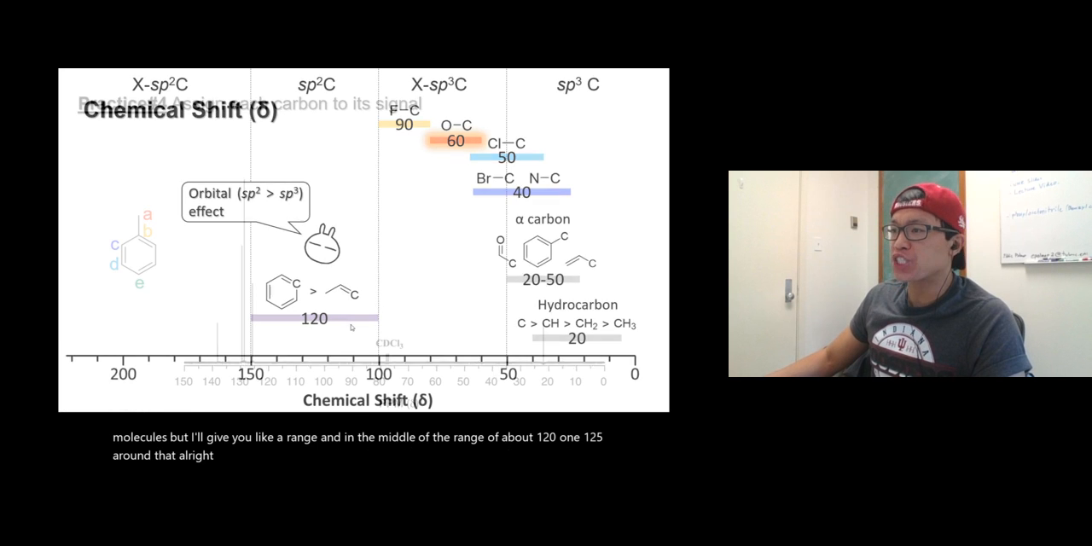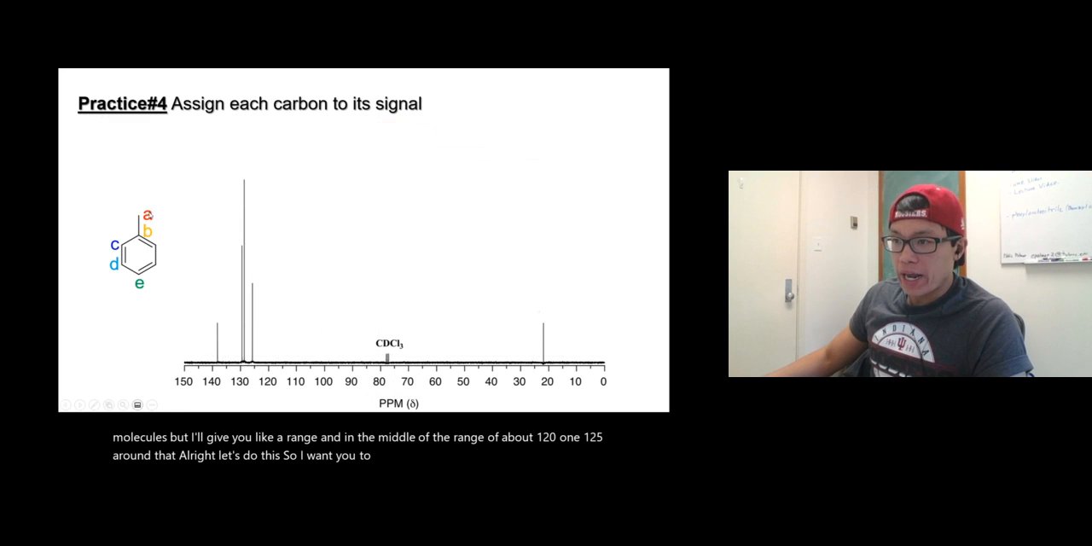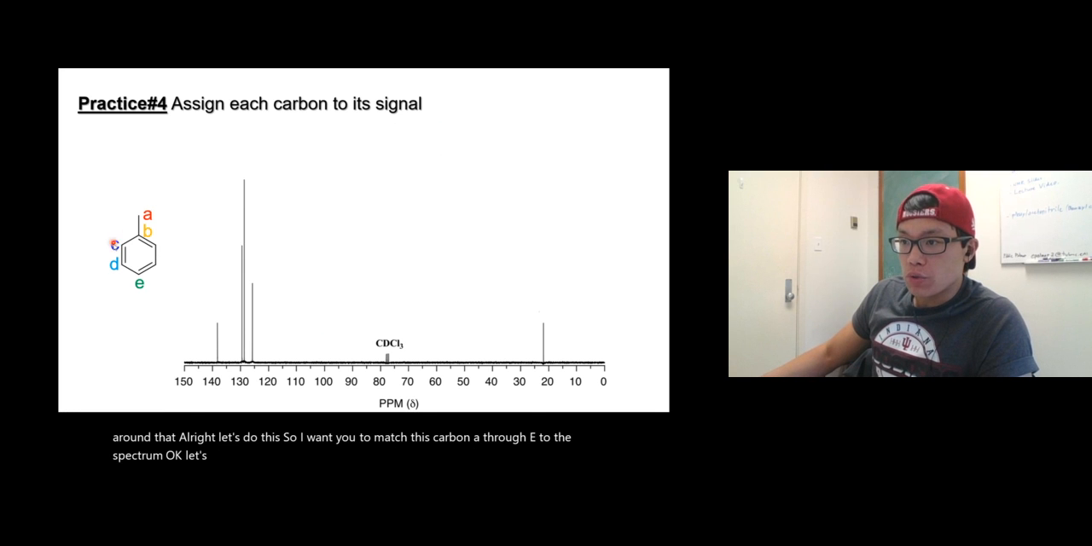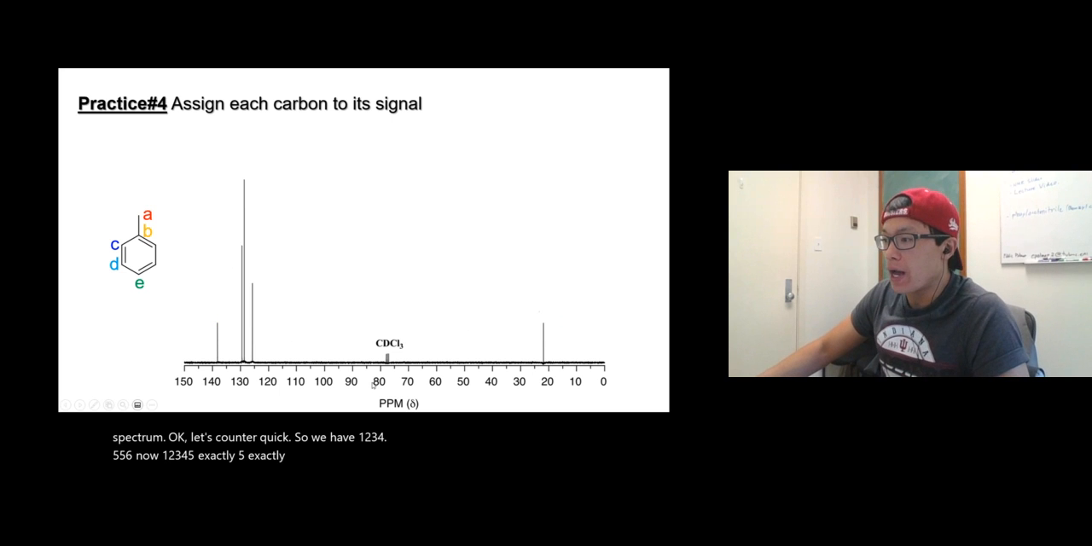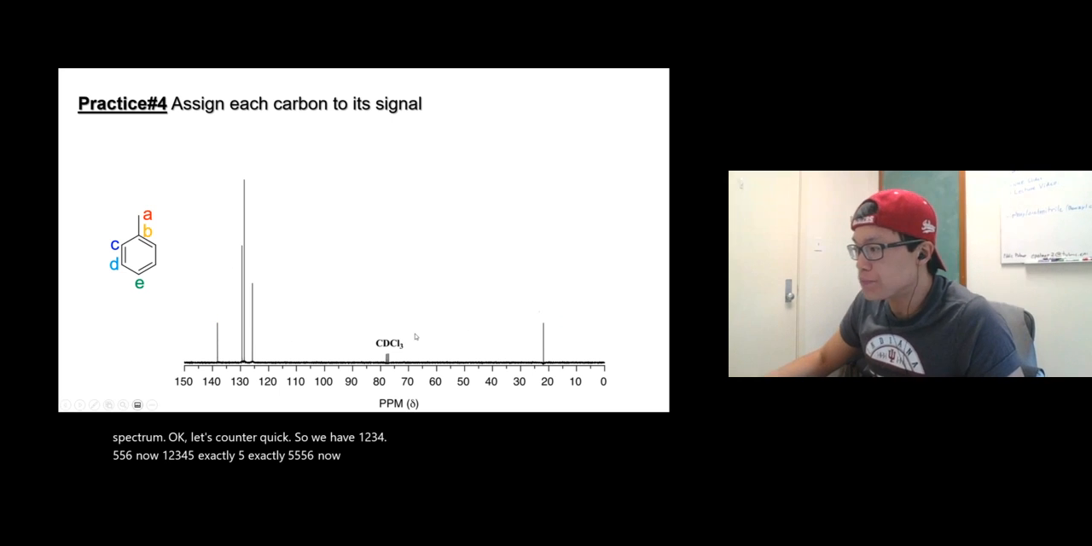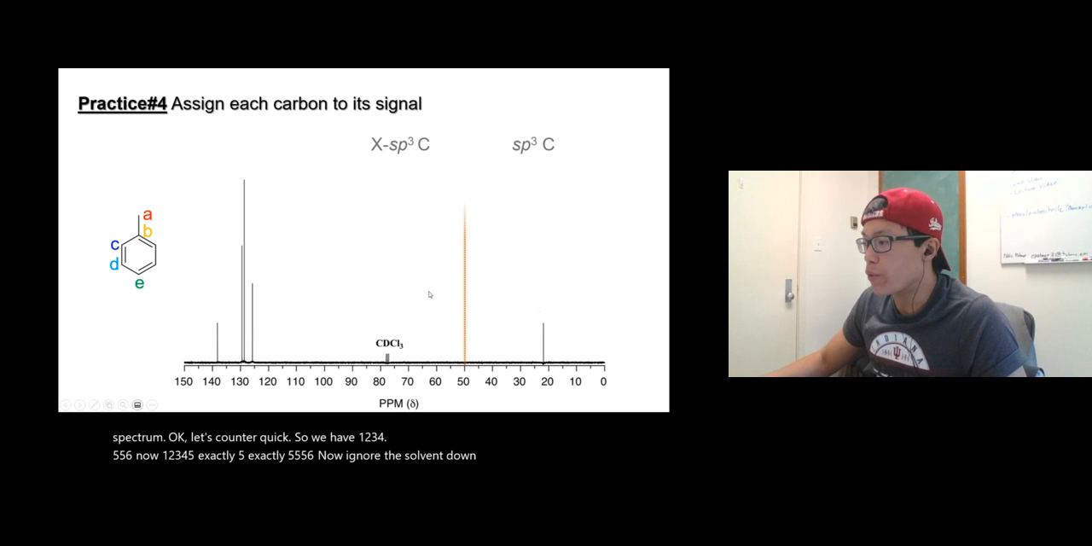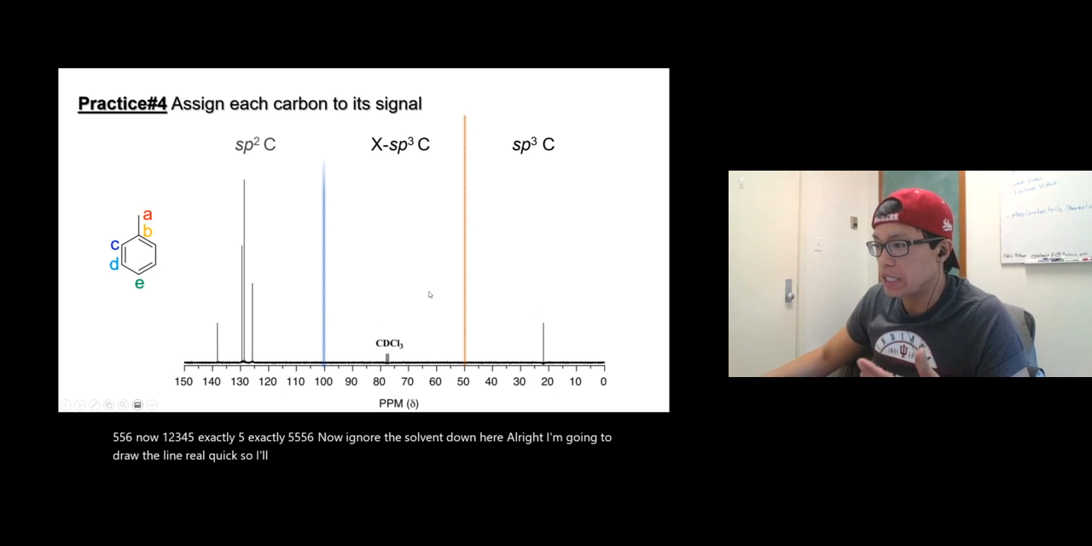So I want you to match this carbon A through E to the spectrum. Okay, let's count real quick. So we have 1 2 3 4 5 signal. 1 2 3 4 5, exactly five signals. Ignore the solvent down here. All right, I'm going to draw the line real quick, just so it's easy for me to